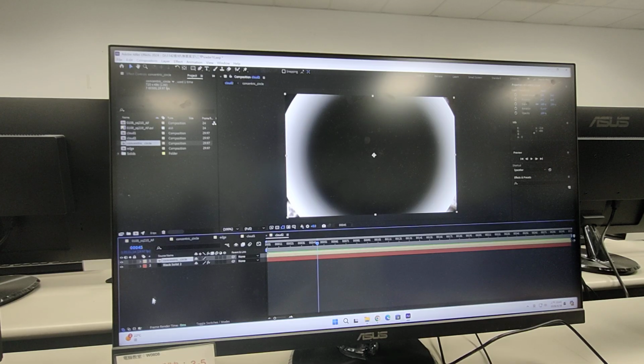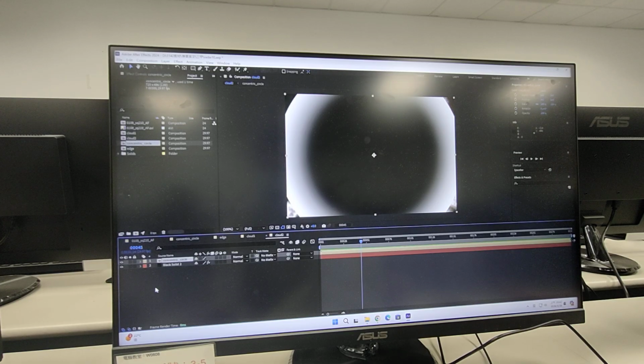So please check here. This little icon allows you to expand some more functions in the timeline.